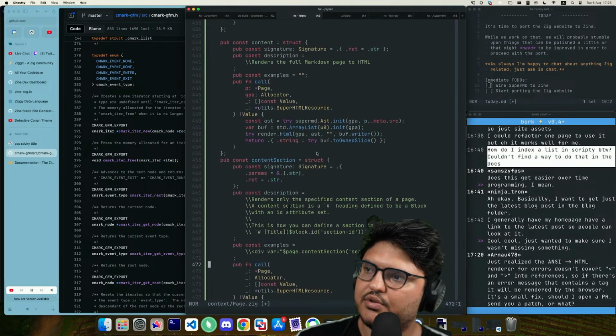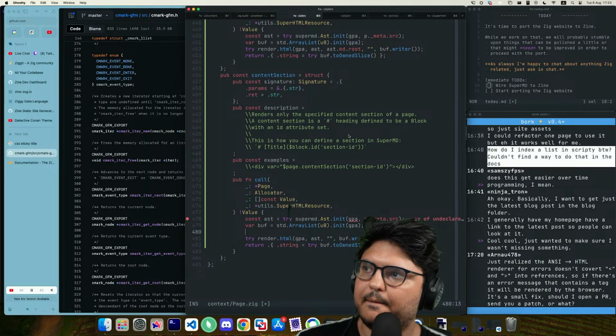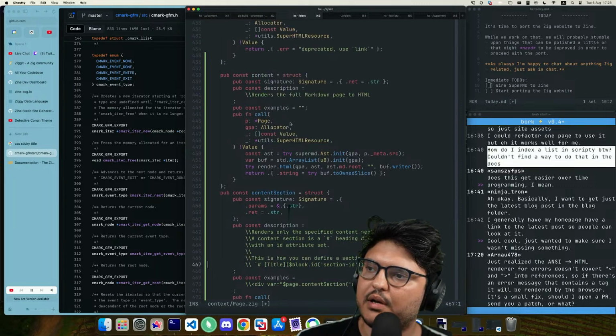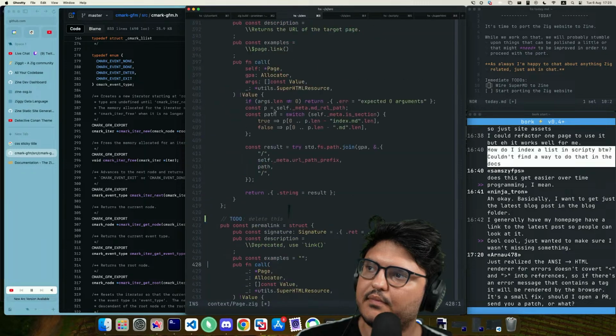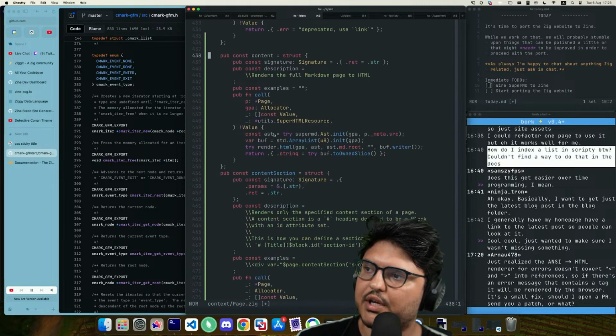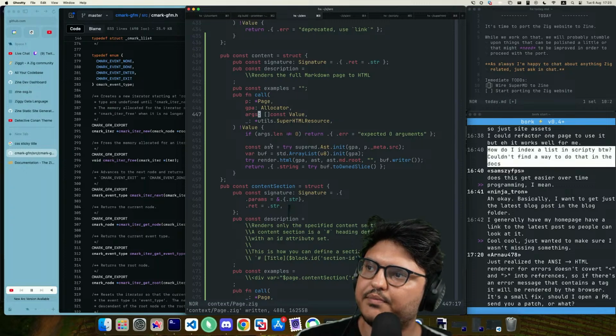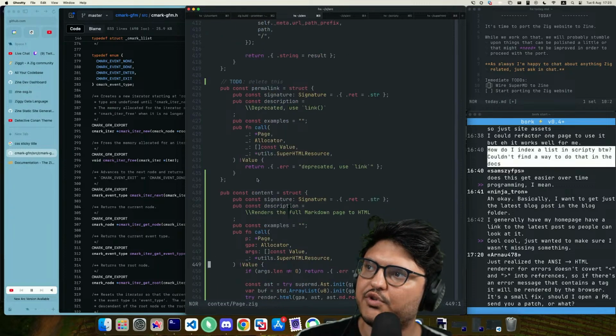Page. That means that this guy becomes AST and then ast.md.root. And here it becomes AST, and then we need to fetch the node first. So now we need to worry about arguments. Okay, let's do some error checking that we've not been doing at all. So content should be called without arguments. Then we should complain if there are arguments.